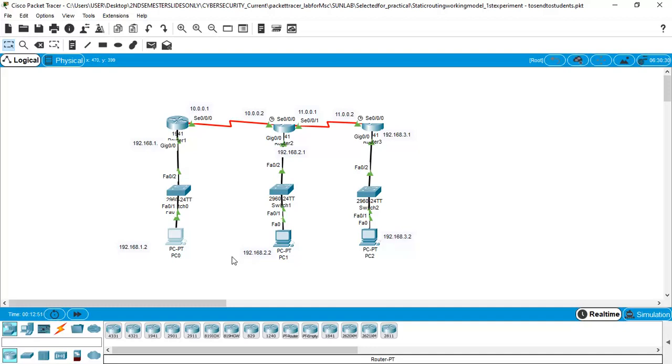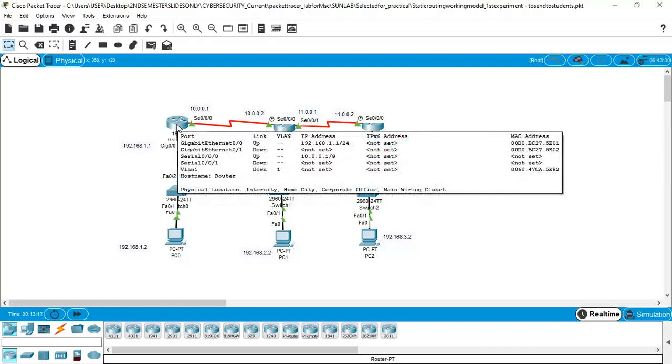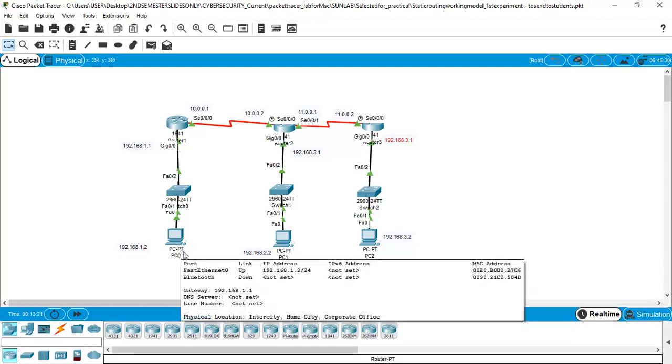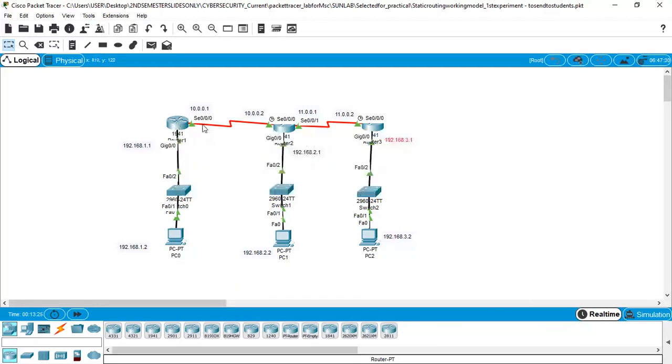As you see here, we have three different networks: 192.168.1.0, 192.168.2.0, and 192.168.3.0. Now, considering router R1, the first router, it should receive the packets from PC0 and forward them to the network 192.168.2.0, which is possible through the interface of the second router, 10.0.0.2.